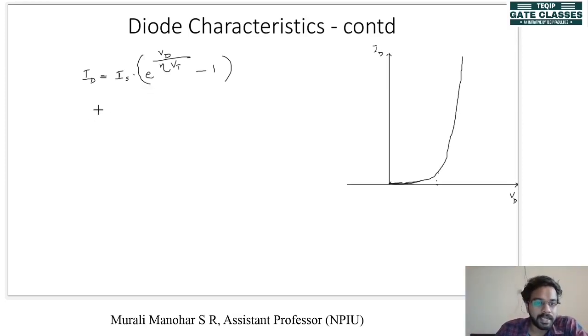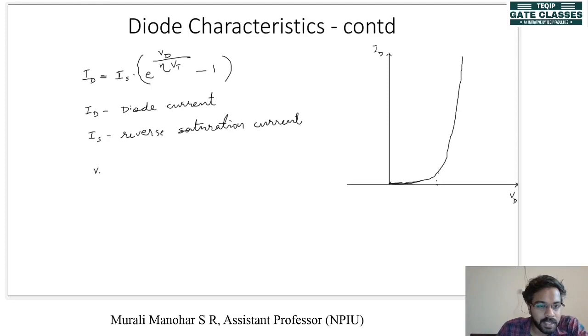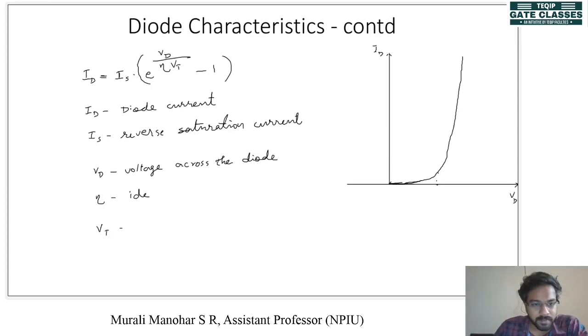Now we have the equation for ID as Is into e to the power Vd by eta Vt minus 1, where ID is the diode current, Is is the reverse saturation current, Vd is the voltage across the diode, eta is the ideality factor, and Vt is the thermal voltage,